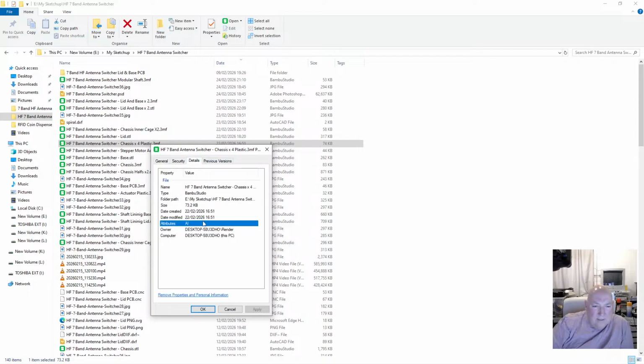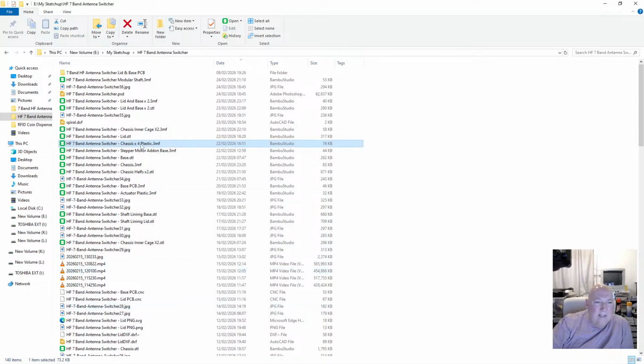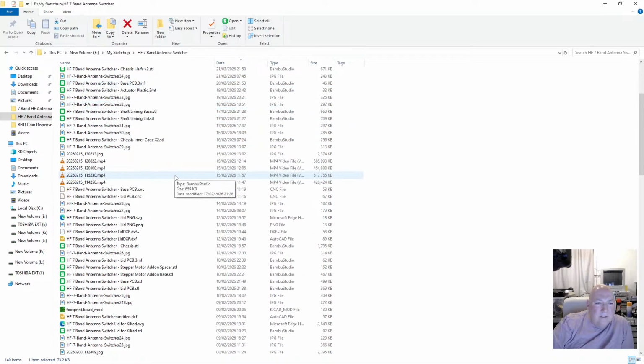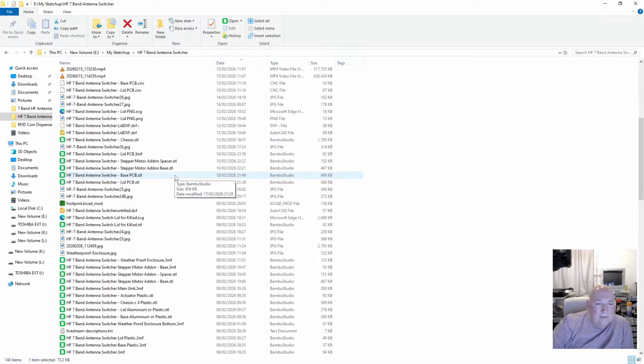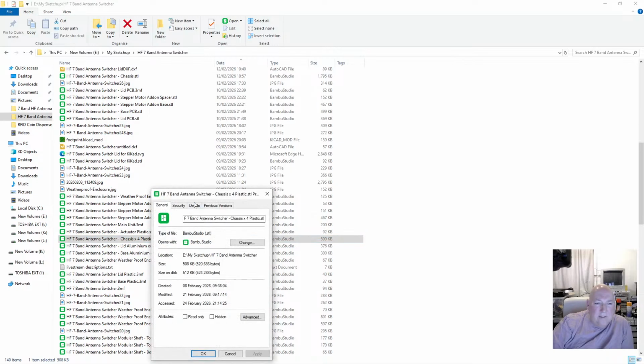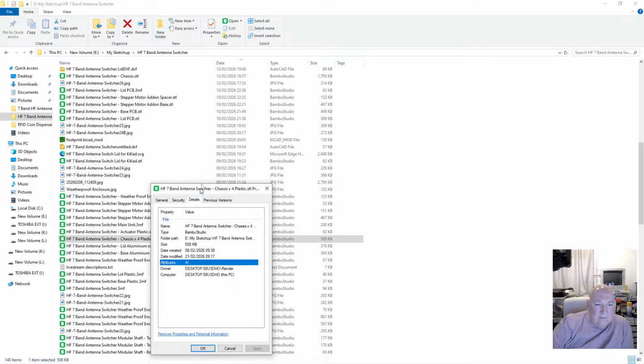So I need to find the single one that I saved called chassis plastic STL. Now that should say 22nd on it. No, 21st.